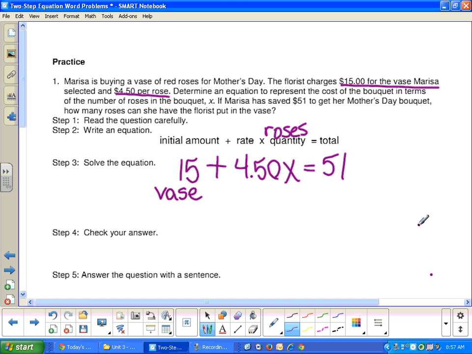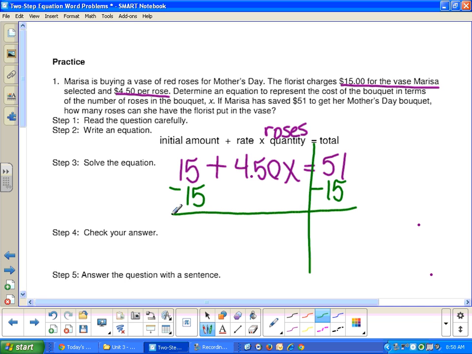Almost every time. Okay, so if we're going to solve, what are we going to do first? Subtract 15. So I'm going to erase what I have written here, and I'm going to take away 15. What am I going to take 15 from on the other side? 51. Right, it has to be over here. Opposite operations. I don't want to take it from 4.50, it's not going to accomplish anything. Take it from both sides. So we end up with 4.50x equals